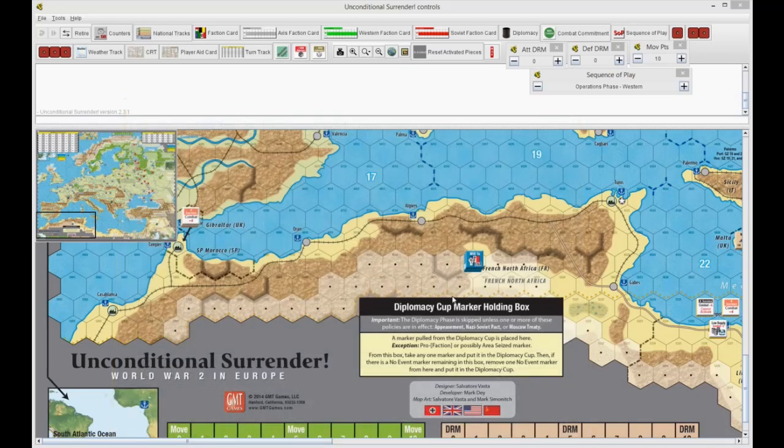Welcome back, everybody. This is the Me, Myself, and I playthrough of the main event scenario. The game is Unconditional Surrender, published by GMT Games, designed by Salvatore Vasta. We are going to be picking up with the second half of the September 1941 turn after the German onslaught